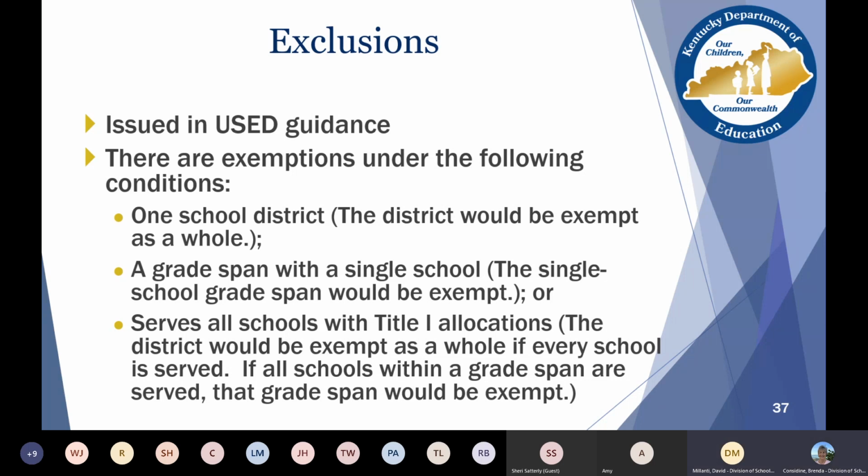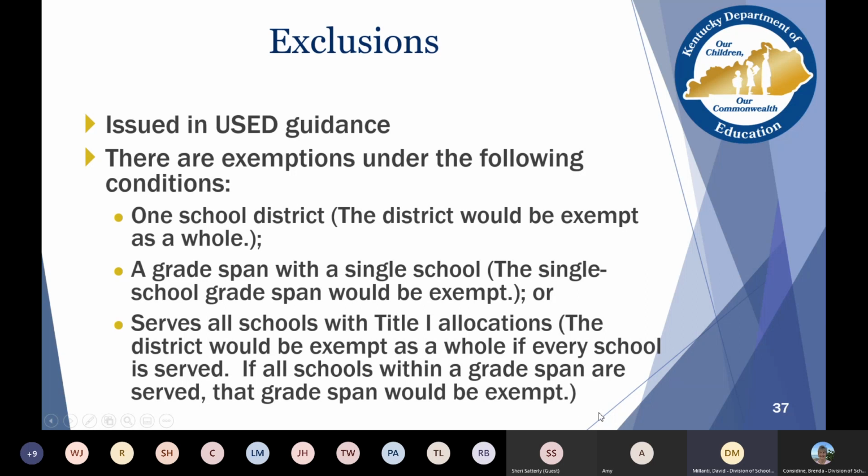Yeah, that's correct. And I think that was put in place sort of as the carrot there, to get people to serve more schools, that if you served all your schools, you could just forget about this requirement altogether. Okay. At least for this program.